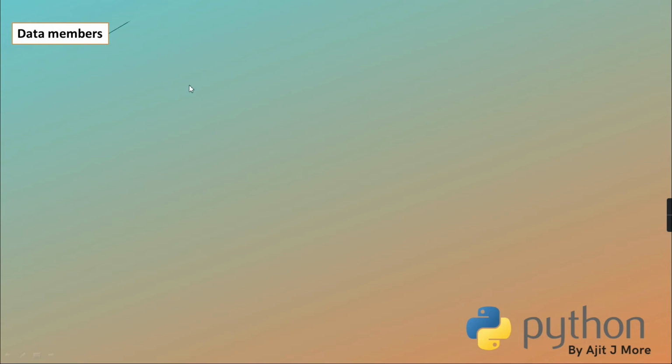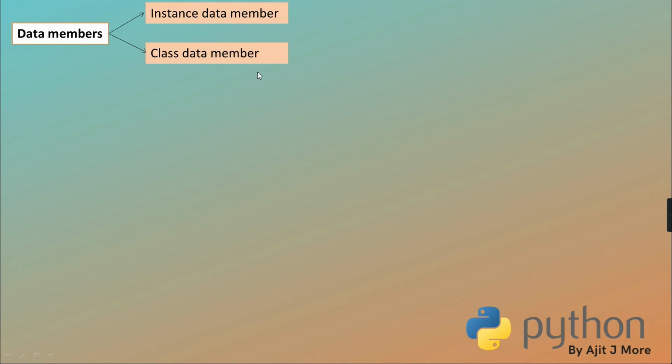Okay, so now there are two types of data members. One is instance data member and another is called a class data member. Okay, actually class data member means only static data member in C++ and Java. So I'm just not trying to relate because some are not knowing it. So if you're knowing it, then just remember in Java and in C++, class data member means only static data member. Okay, so here we are talking from Python literature. So Python literature says instance data, class data.